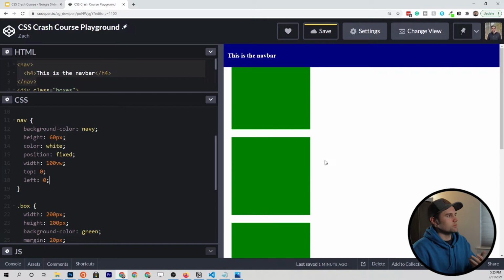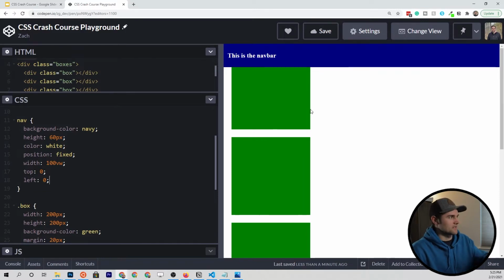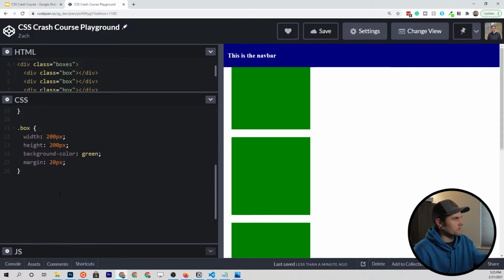The last thing that we would probably want to do is address this issue right here. Our boxes or our main content has now spilled under our fixed nav bar. And the reason is because this fixed nav bar doesn't take up any space. So unlike a block element or even an inline element that takes up some sort of space to the HTML document, this nav bar occupies 0 space whatsoever. So to make sure that the main content is below it at all times, we have to give a margin on the top of this